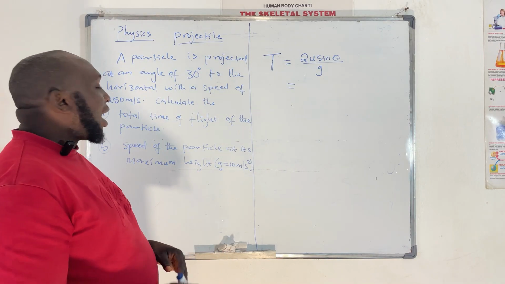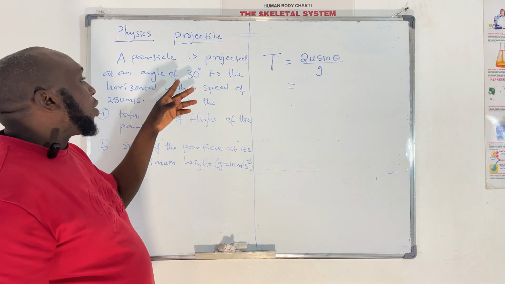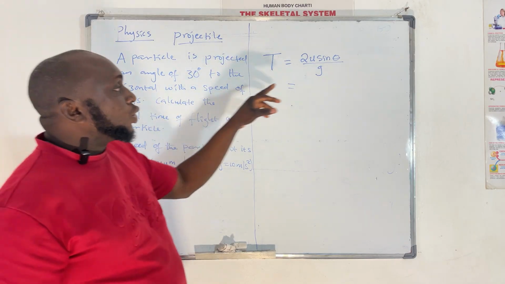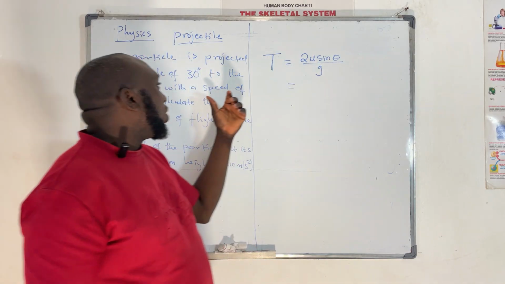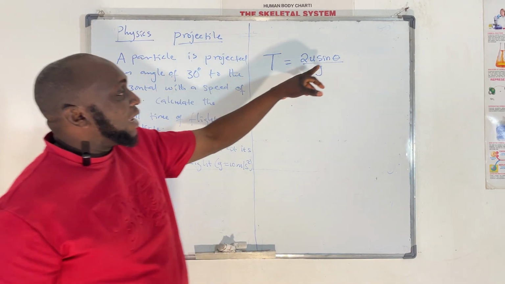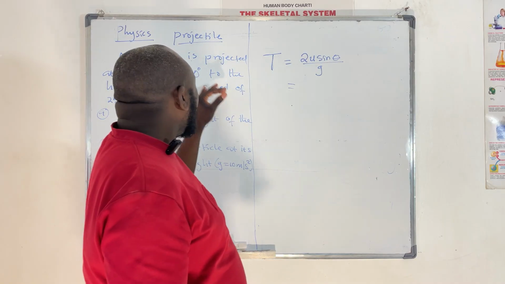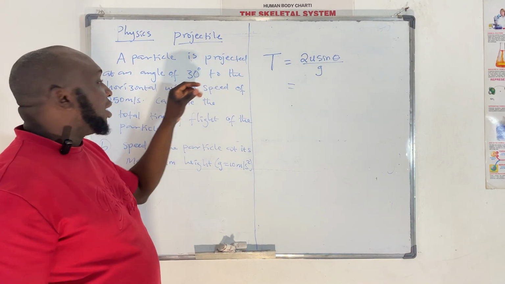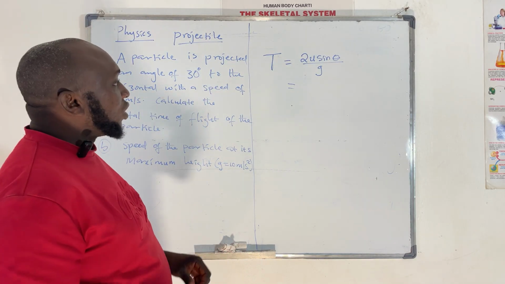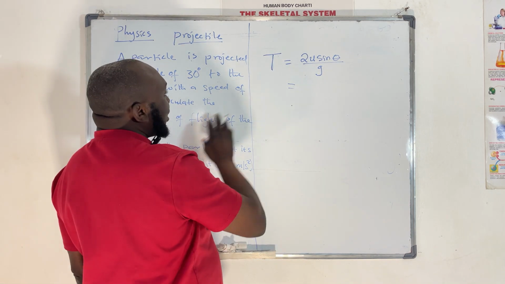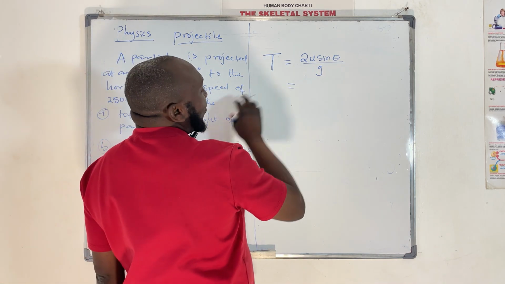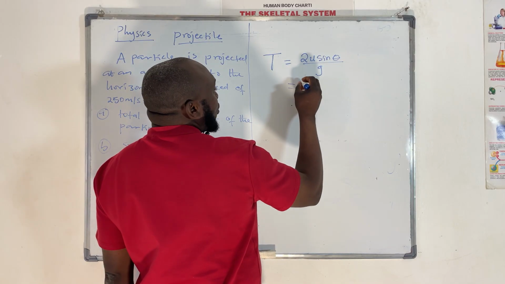I told you that if the angle is to the horizontal, we make use of the sine, and if the angle is to the vertical, we change that sine to cosine. But in this question, the angle 30 degrees is given to us to the horizontal. So substituting all the necessary values into this formula, we have